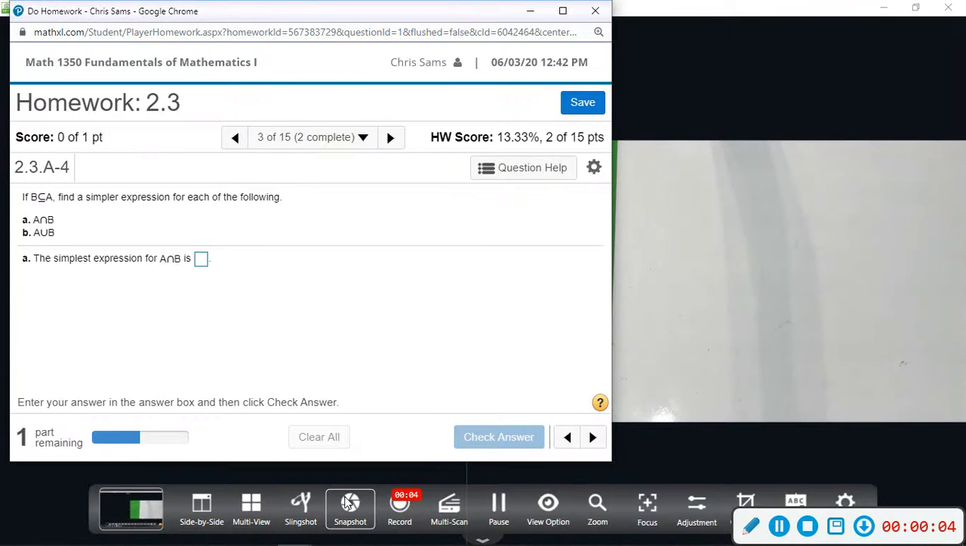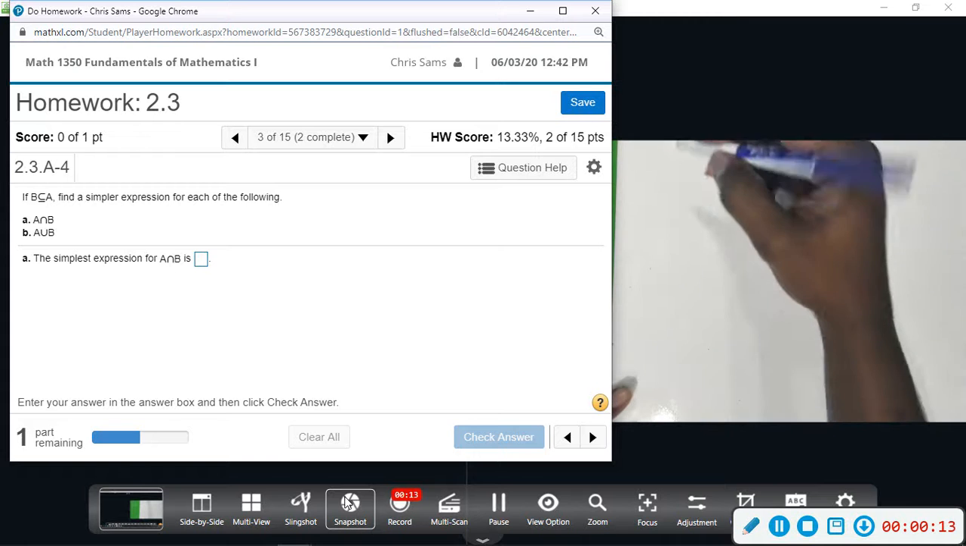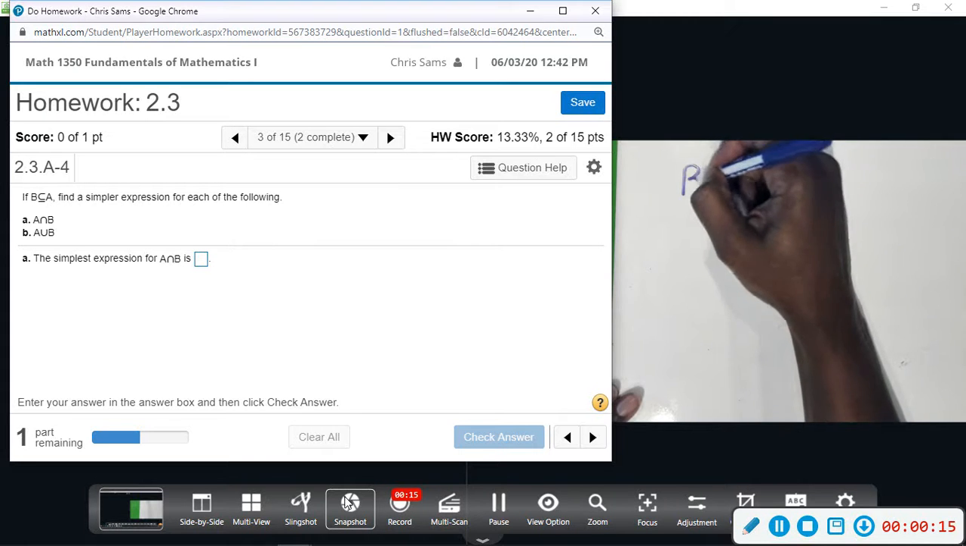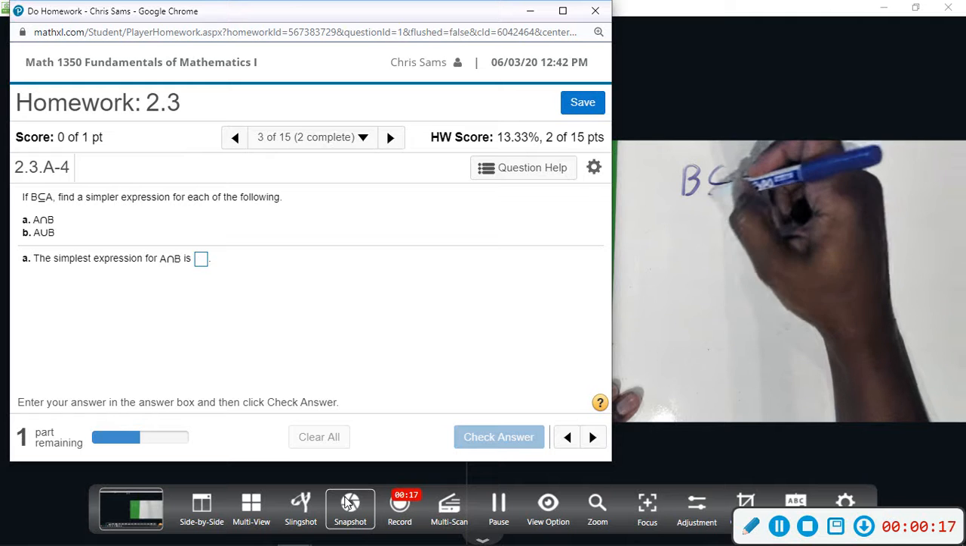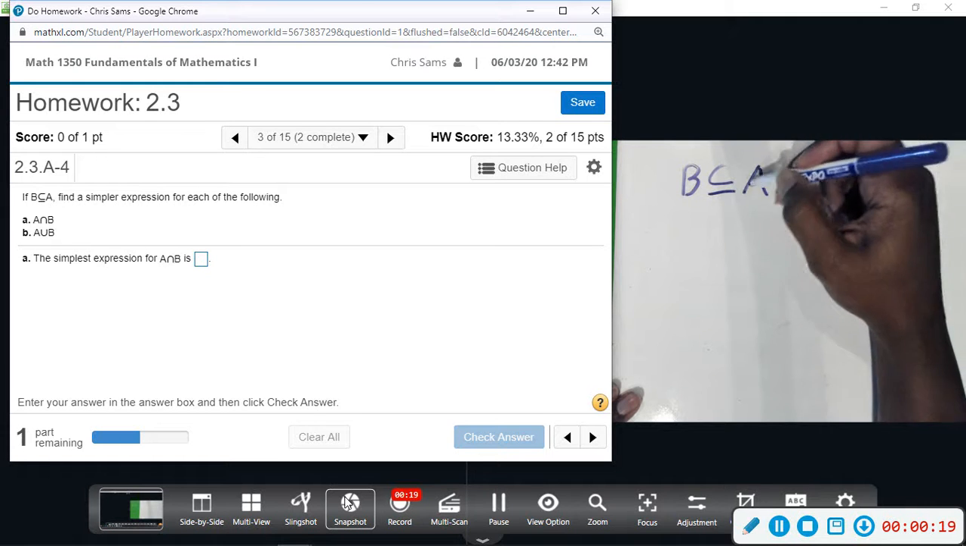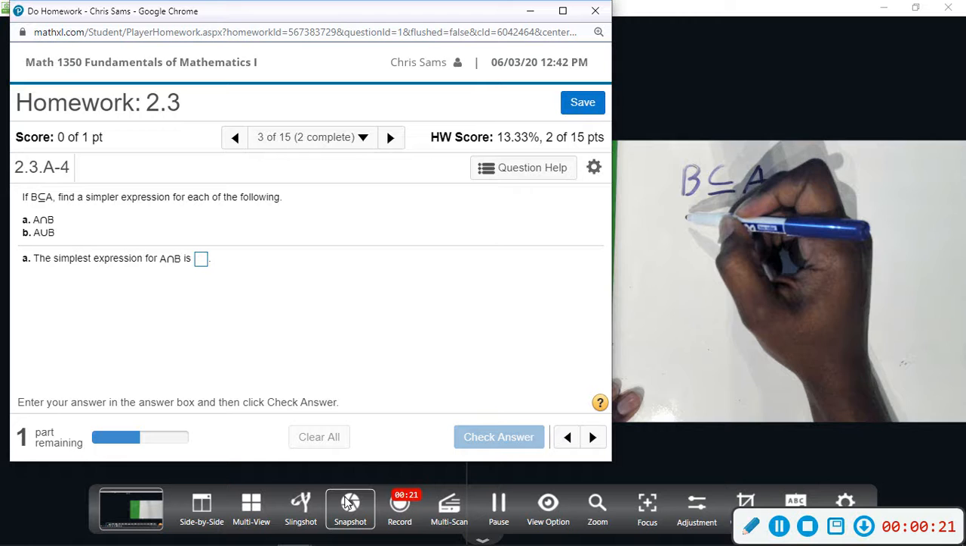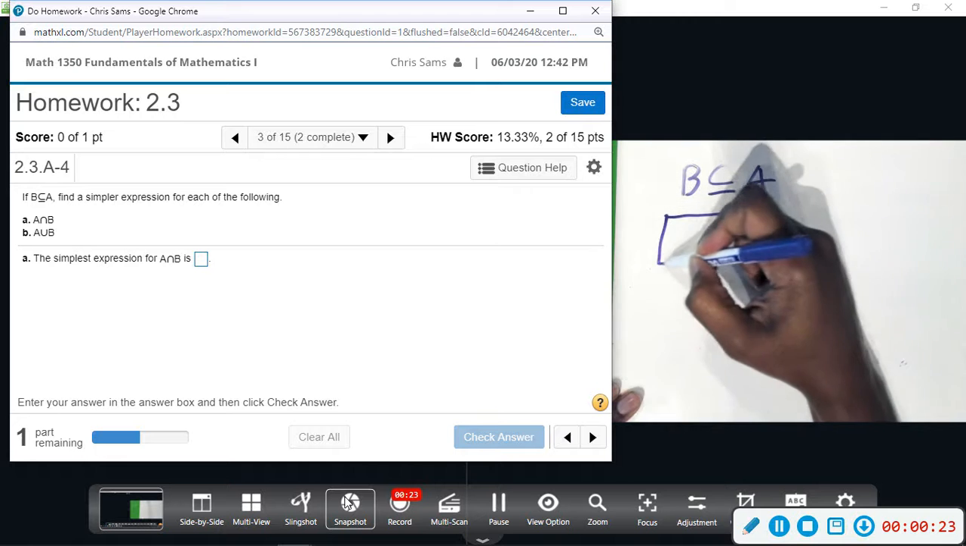All right, number 3, we're told that B is a subset of A. Okay. In this term, when it says B subset of A, that could mean a bunch of different things. Okay. It could mean that we have a diagram